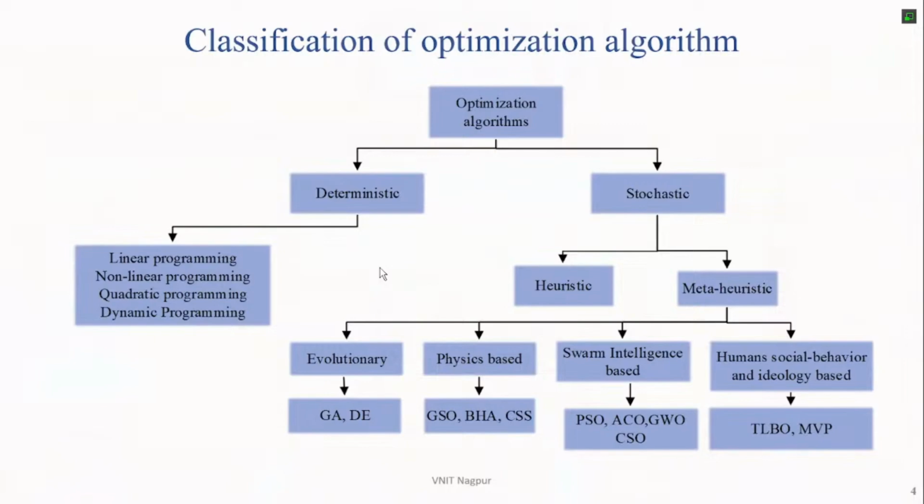So these are a few types of classification. In heuristic algorithms there is also a certain thing called the no free lunch theorem. One algorithm may not be best for solving all problems. It depends on the nature, type, and objective of the problem. Based on that it will work.